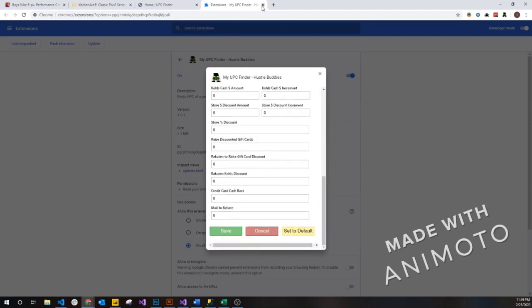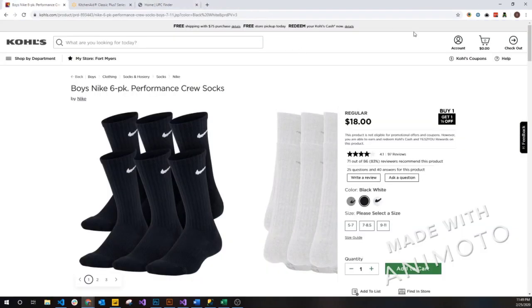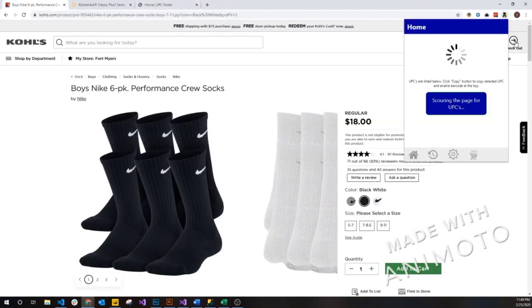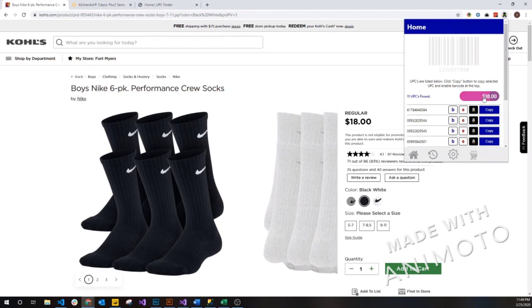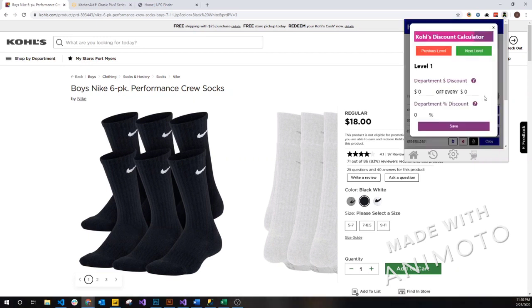If you don't want to use it there, you can always use it on the home view as well. So once this pops up, if you hover over the Kohl's price there, you can see that it grays out a little bit. This is a way to notify you that it's interactive. So if you click on the price there, it's going to pop up the Kohl's discount calculator,